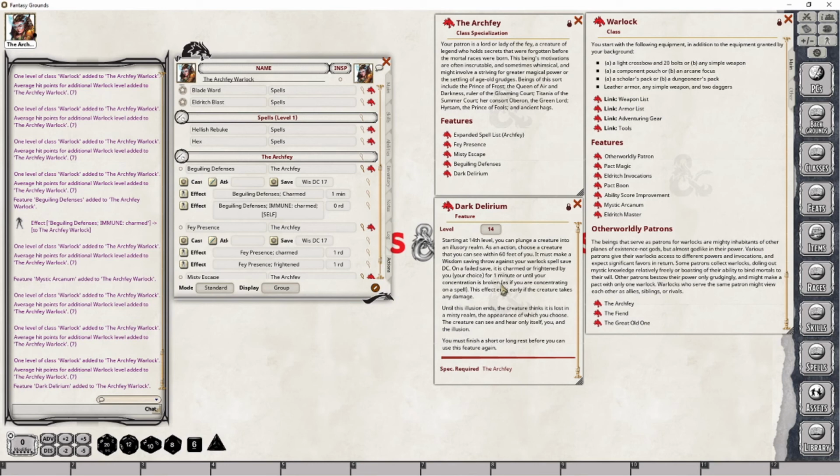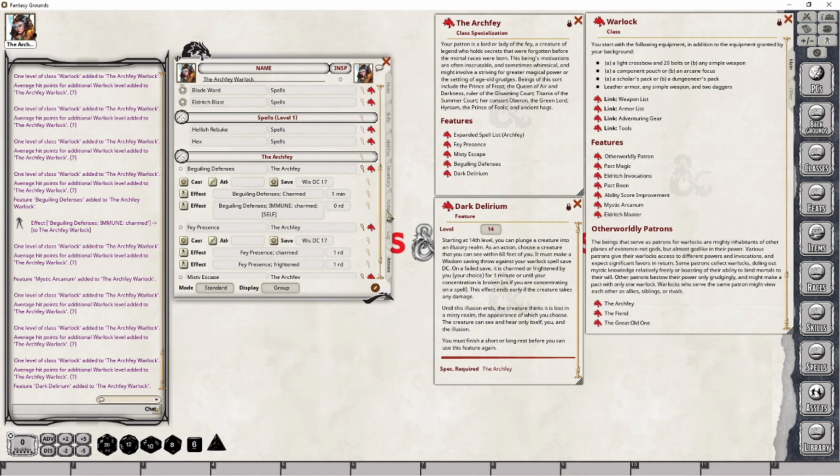They will remain in that condition as long as you concentrate, or until they take damage. So the minute they take damage, that illusion will go away. And then once you've used this, you will need to take a short or a long rest in order to use it again, essentially. So let's go through and set this up.